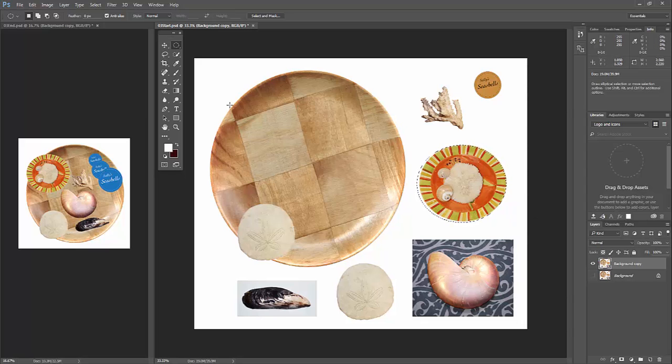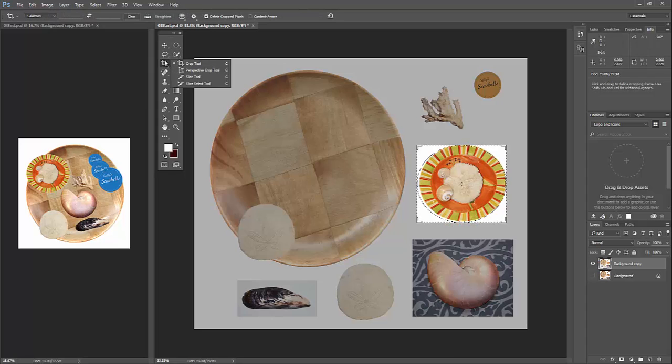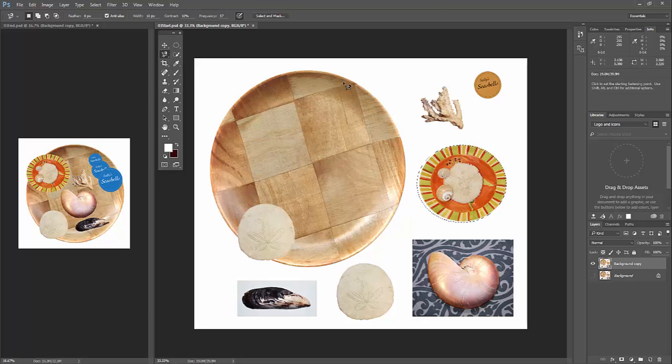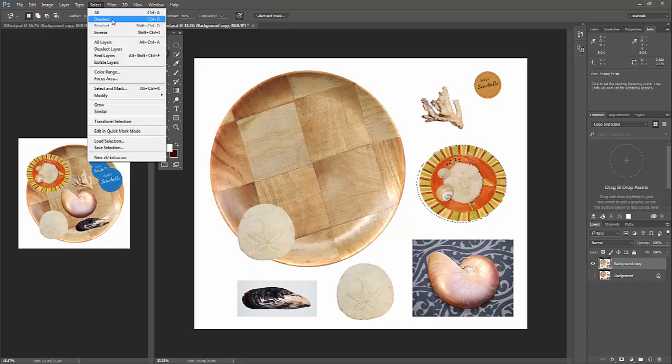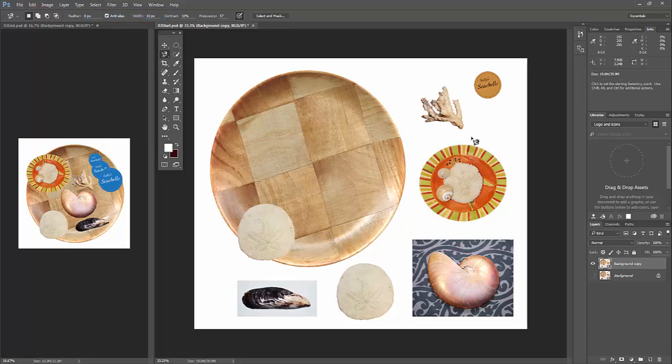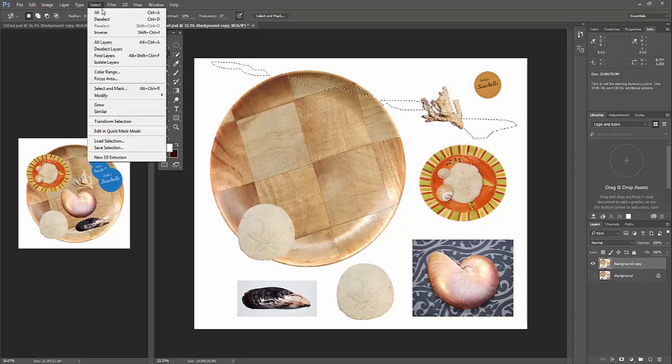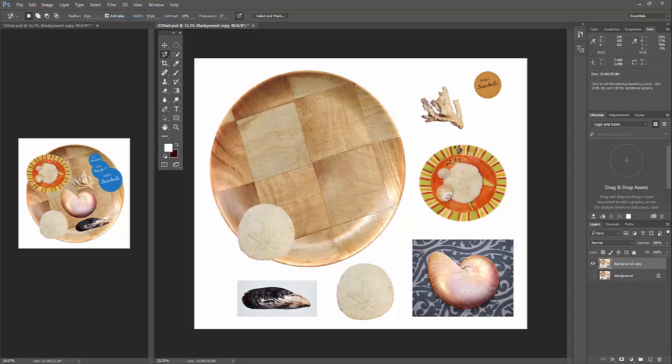So what I'm going to do is go down here and grab the magnetic lasso. There it is. And with the magnetic lasso, let me select, deselect. Let me get the other marching ants off. What it's going to do is I'm going to use that little hook of the lasso. And I'm just going to, oh, it's the pointer. Double click, get out of there, select, deselect. It's the actual pointer. And I just click once, I let go of the mouse, and I'm just going to go slowly around